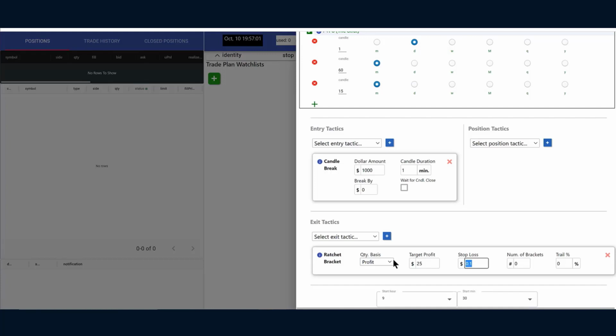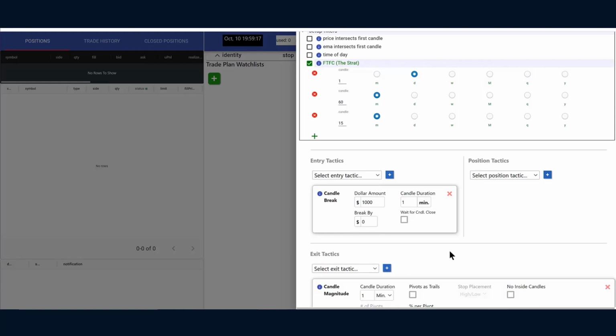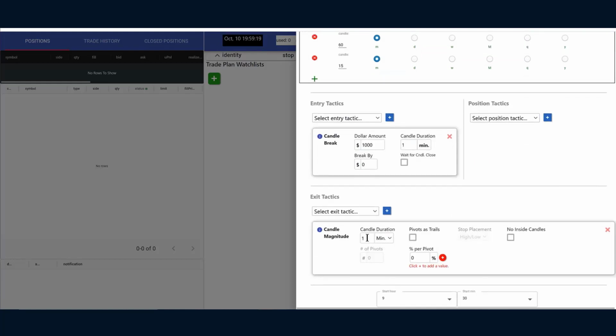The newest form of ratchet bracket is called the candle magnitude exit tactic. As with ratchet brackets, you can specify a percentage of your position to take profit at each target, but the targets in this case are based on the high, low, or midpoint of prior candles of the size that you specify. For our strat traders, this is the way to trade a pivot machine gun in an automated fashion. As each target is hit, the stop is raised to a prior target, again, protecting the remaining position while still